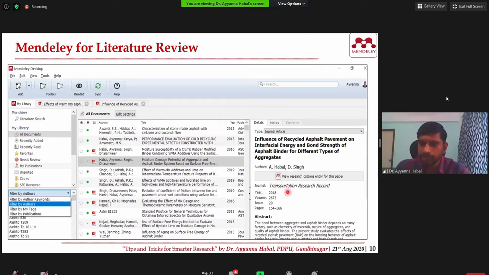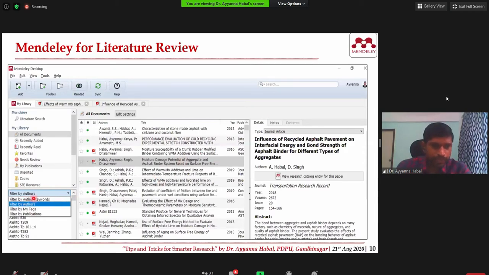Title, authors, journal, year, volume, pages. Even if the DOI is available, it will show the DOI. All these things can be edited easily. It will take the data, which will be useful at a later stage for reference management and during literature review as well. If you search with a keyword, it doesn't just search the title of the paper. It will search inside the paper and it will shortlist all the papers relevant to the keyword. That way it is helpful one way.